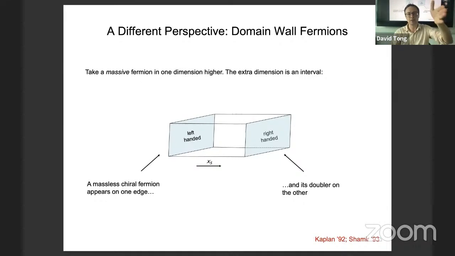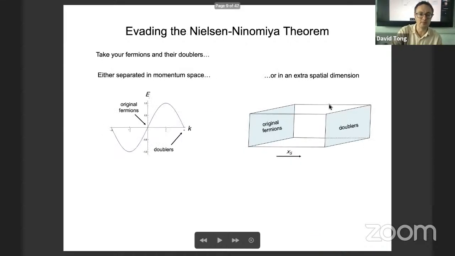And you have left-handed modes on one edge, and you have right-handed modes on the other edge. So again, you see the doublers. The difference is that the doublers are now separated in position space rather than in momentum space, as I showed in the previous slide. That's something that's useful, and we'll return to this briefly at the very end of the talk. All right, so